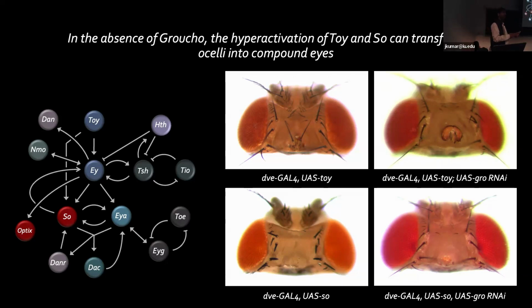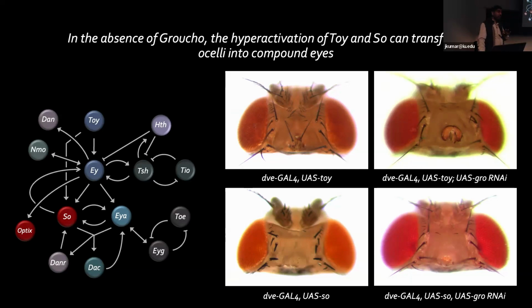Now, hopefully, well, maybe not hopefully, but at this point, you're probably thinking, well, he told us a long time ago that you can just generate ectopic eyes when you overexpress these retinal determination network members. So could this simply be that you're generating an ectopic eye, and in the process of doing that, you have killed the ocelli, and that it's not really a transformation? People have asked me this over the last few months I've been talking about this. So I'm going to belabor the point a little bit with a few slides to hopefully convince you that these are real transformations.